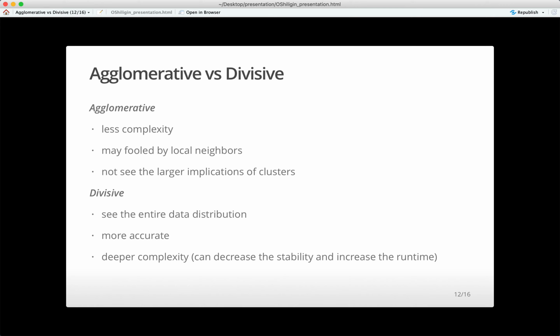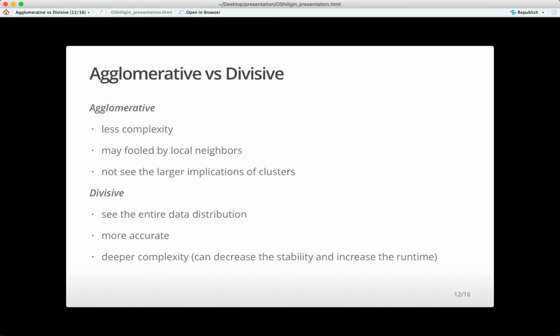If we compare agglomerative and divisive methods, we should say that due to the greedy nature of agglomerative, it has the potential to be fooled by local neighbors and not see the larger implications of clusters it forms at any given time. On the flip side, the divisive approach has the benefit of seeing the entire data distribution as one from the beginning and choosing the best way to break down clusters. This insight into what the entire data set looks like is helpful for potentially creating more accurate clusters and shouldn't